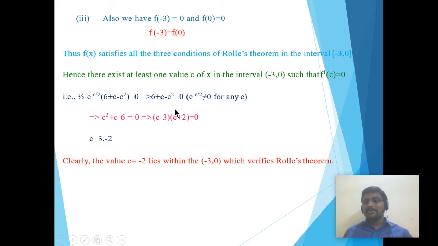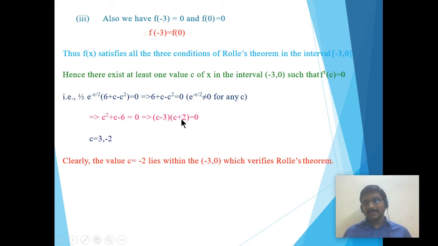So the c value is computed here using the quadratic equation roots. The quadratic equation here is compared with ax square plus bx plus c. What is a here? a is 1, b is 1, c is minus 6. Or computing like this, the quadratic expression can be written as the product of two